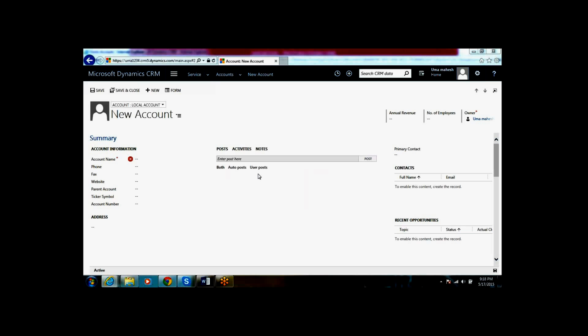So whenever you are loading a form and you want to implement some business rules like disabling the fields, hiding the fields, or setting a default value to a particular field, at that time we go for the onload event. Next, the on save event.